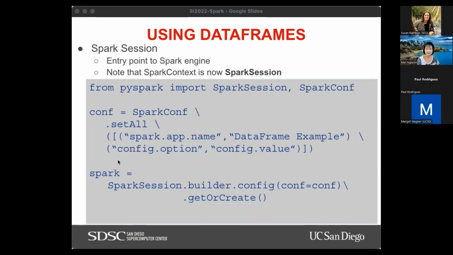Very similarly to the way that we created the Spark context in RDD, with the Spark session, you can also define a Spark conf object. You specify the configuration parameters, and then you pass that conf object into a Spark session object, right?